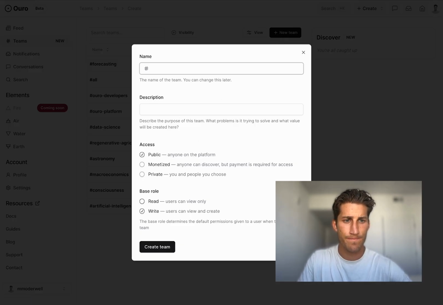All right, now I want to talk a little bit about how Ouro's go-to-market strategy has evolved and what we're working on now and how we've led up to that. So originally, and really this is still part of the grand plan, but Ouro was designed for data scientists and technical creators to be able to share and monetize their work.